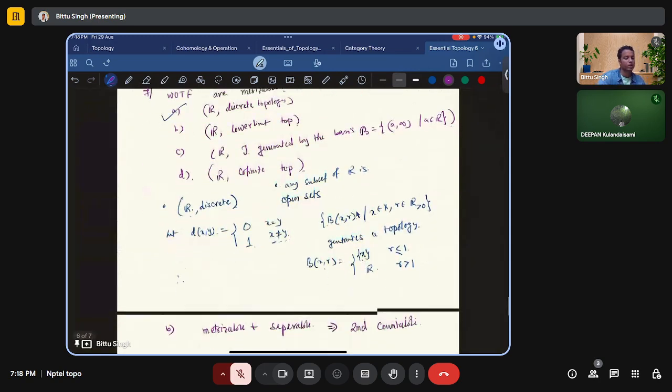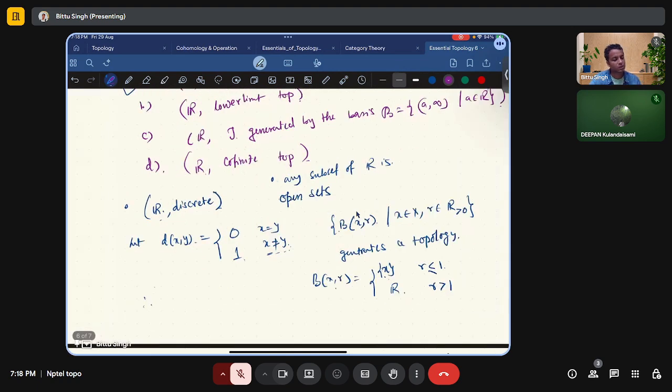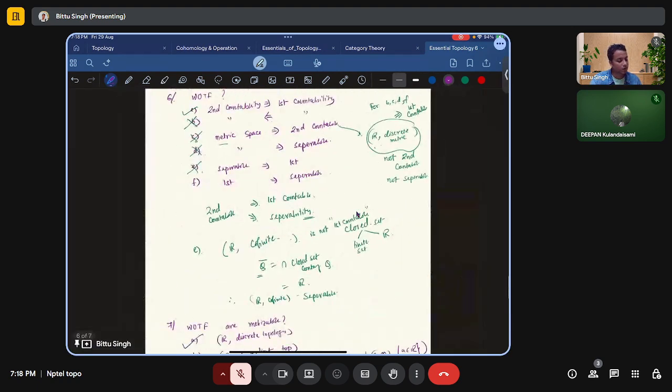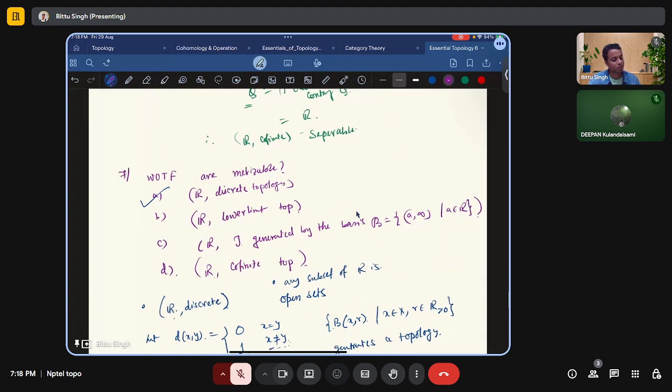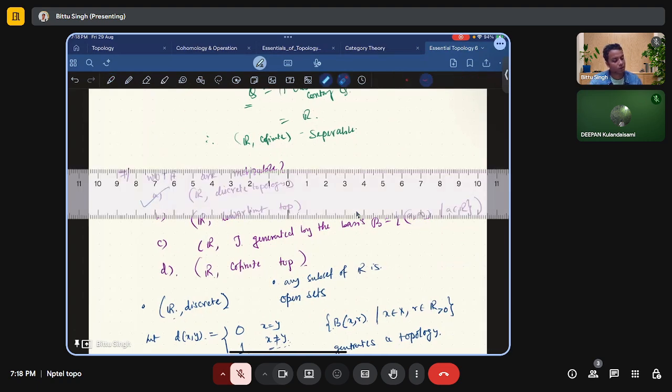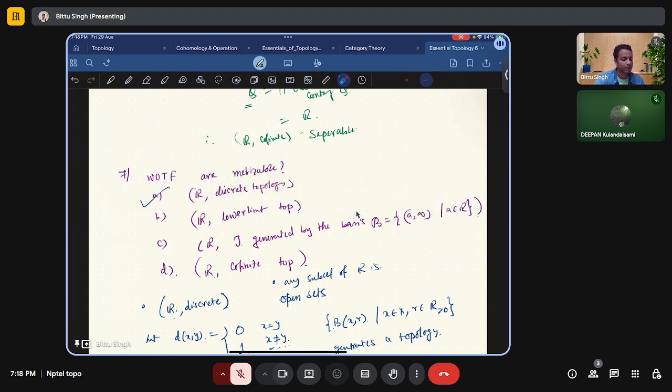So for B, we have earlier observed that R is separable, because R can be written as closure of Q. So R is separable, and